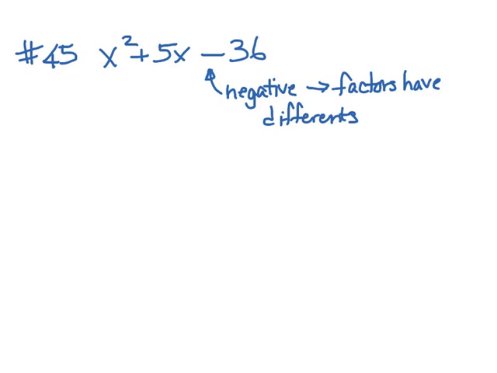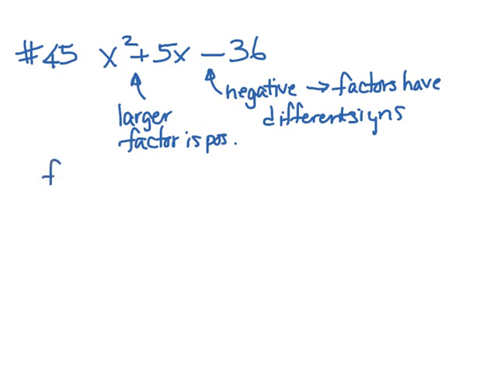So I'm going to have one positive factor and one negative factor. And because the middle term is positive, this one means that my larger factor is positive. Okay, so now I'm looking for factors of